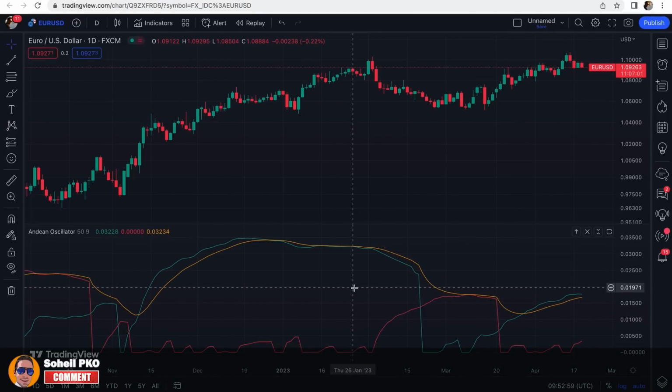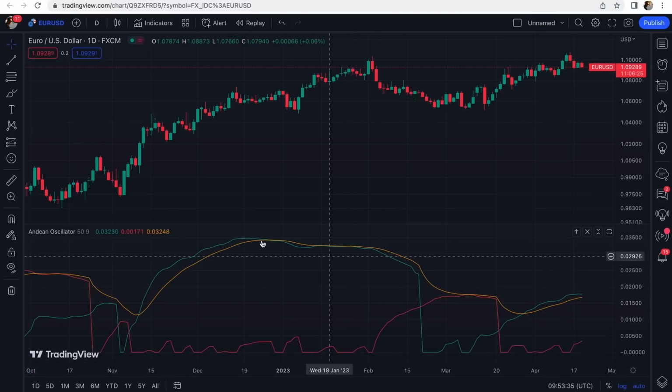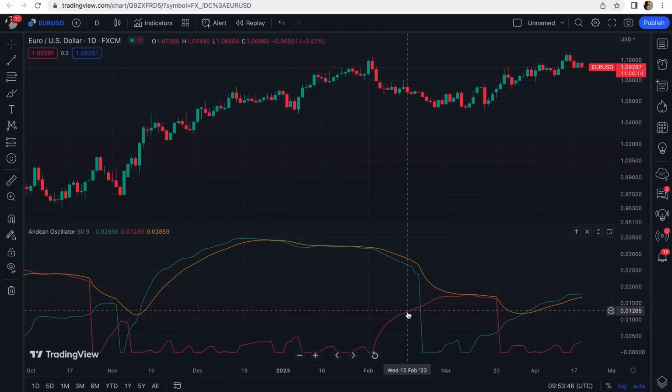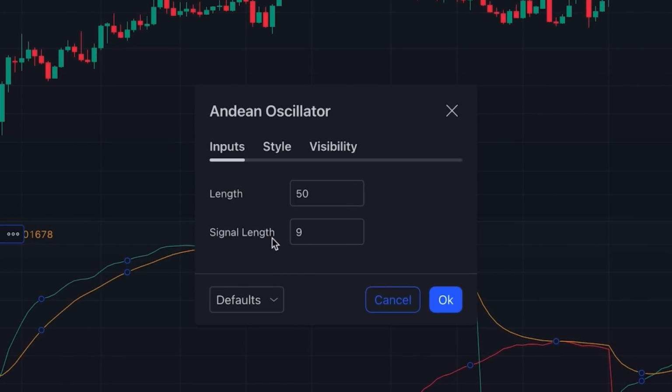This indicator measures the degree of variations of uptrends and downtrends, so it helps us with identifying direction of the market and also evaluating the strength or weakness of trends. We have three lines here. The green line is the bull component of the indicator, the red line is the bear component of the indicator, and the orange line is signal line, which by default, it's a moving average with length of 9